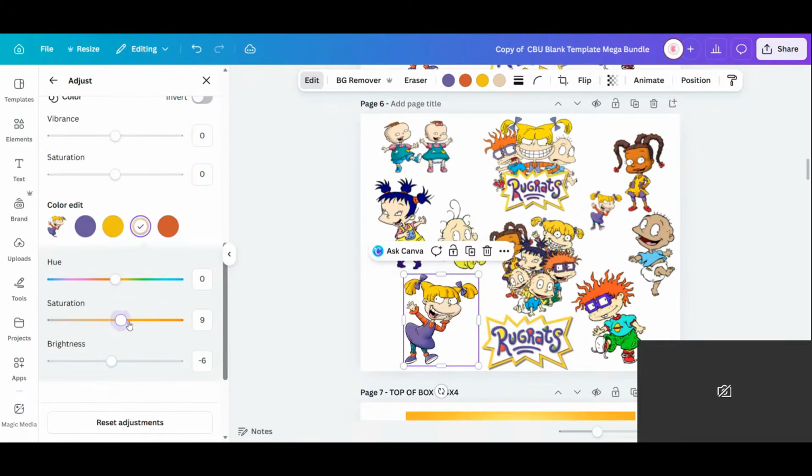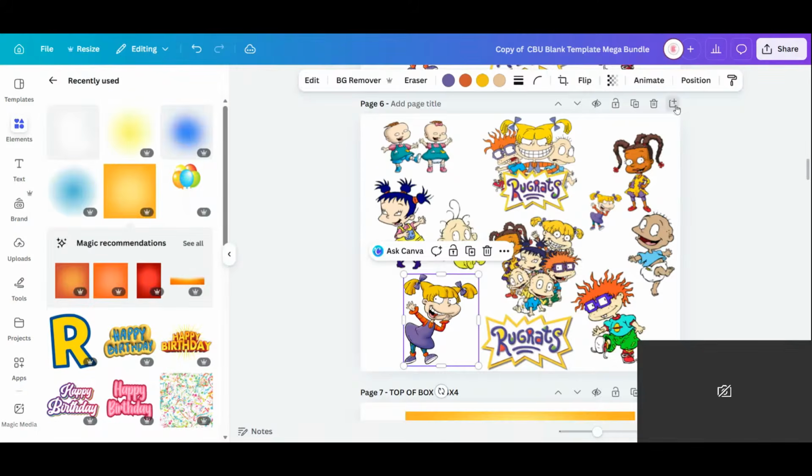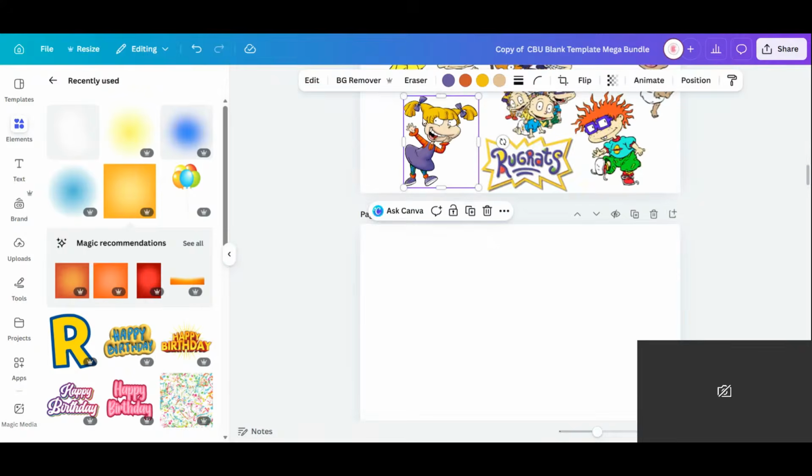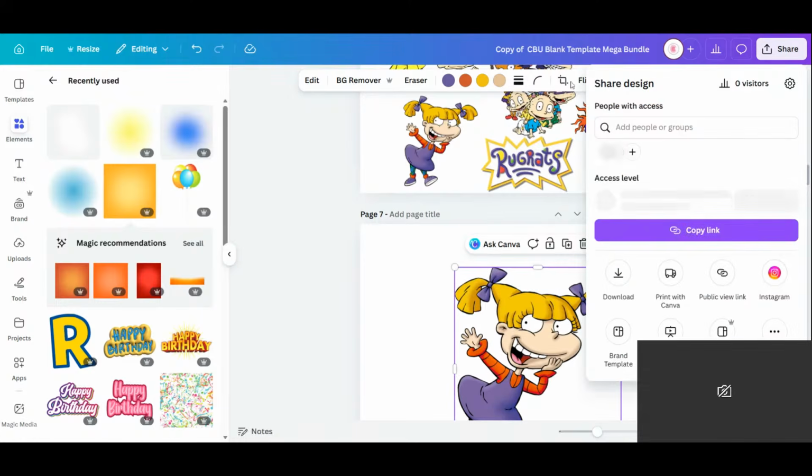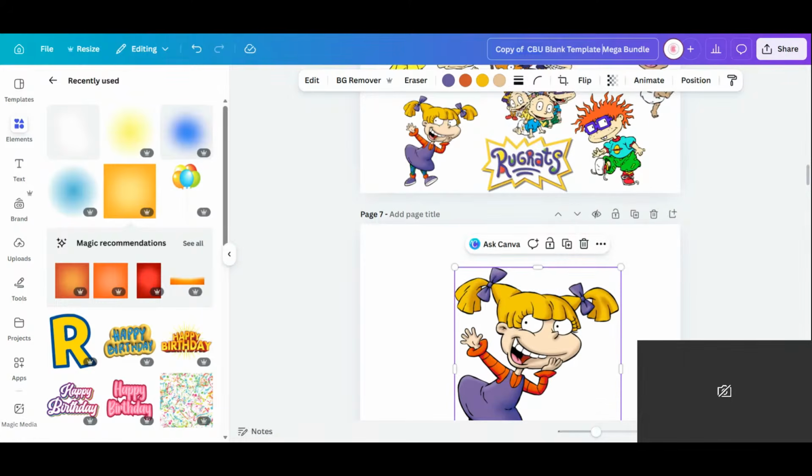Because it's trying to change her hair color too. Yeah, the best way I would say is to do it through AI. So let me try one so I can show you guys. I do have to save the image, so let's do